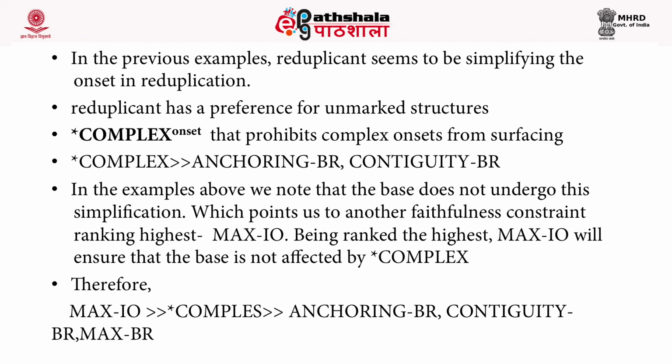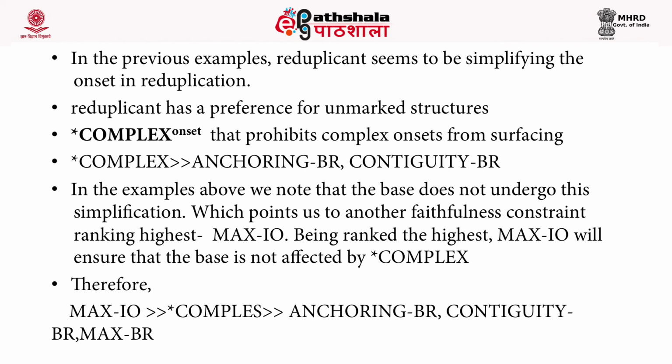So in the examples we know that the base does not undergo the simplification, although complex onsets do exist in the language, but they are not persisting in the reduplicants. So basically this marked structure is there in the language, not that it is absent in the language. We do have the marked structure in the language, as in skand, stam, consonant clusters are allowed, but in the reduplicant these marked structures are not allowed. So we can find the emergence of the unmarked there,